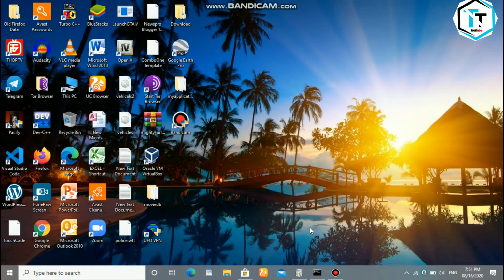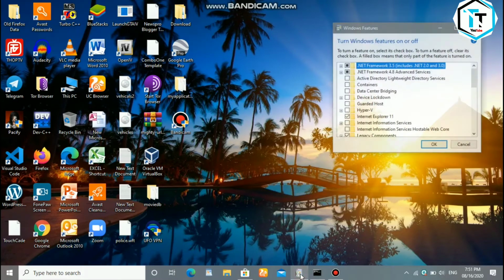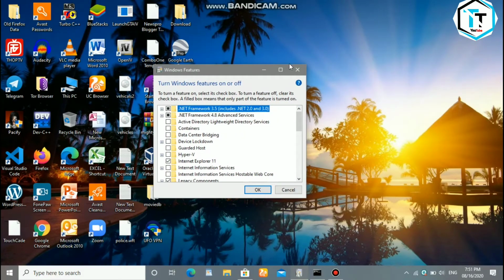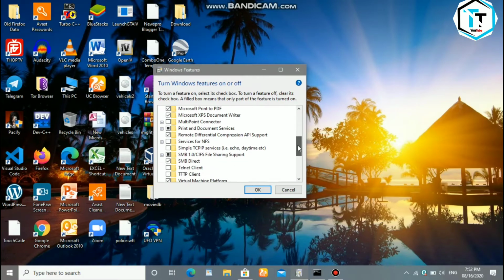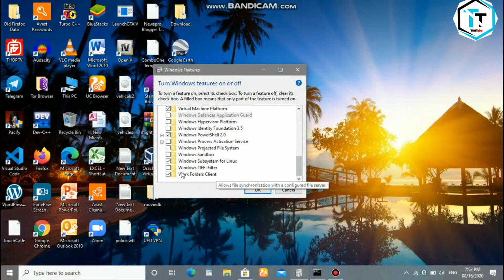First you want to enable the feature for Linux on your Windows subsystem. You can search here for Windows features. If you go through Windows features and scroll down to the bottom, you can see there is Windows Subsystem for Linux.